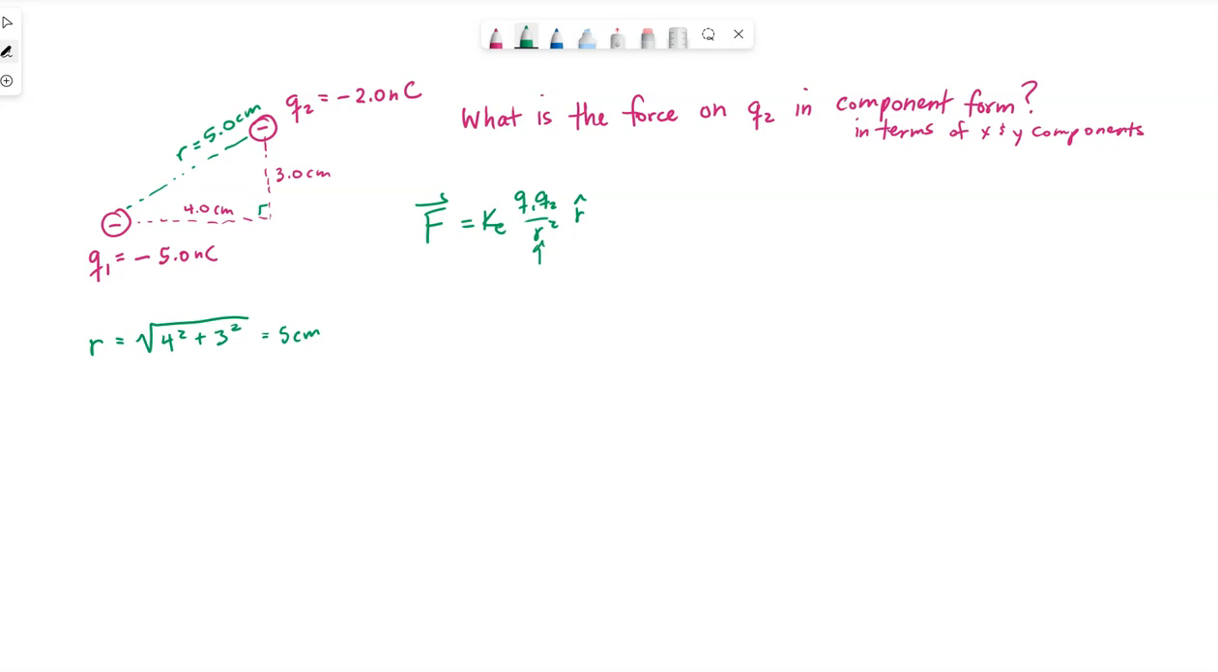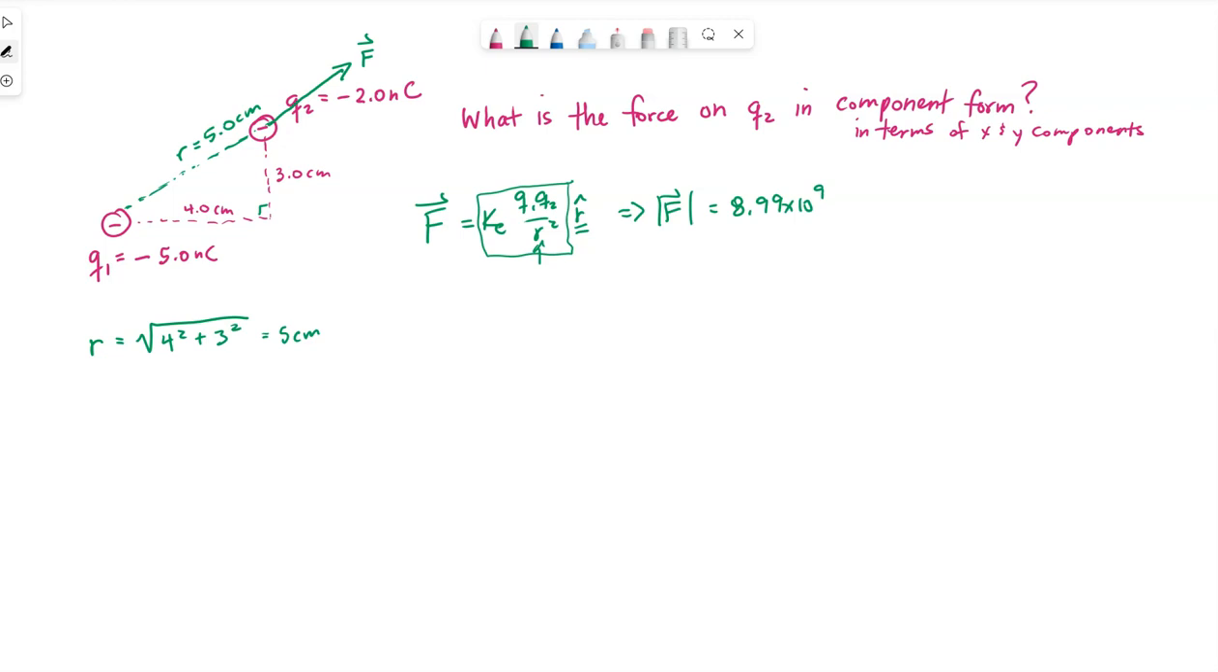So the magnitude. Let's go ahead and find the magnitude first, and then we will write this in terms of x and y components. Now, first of all, these are like charges, so we expect Q2 to be pushed directly away from Q1. So that line should be directly along this dotted line connecting the two charges together. So the magnitude, let's do that first. So F magnitude,